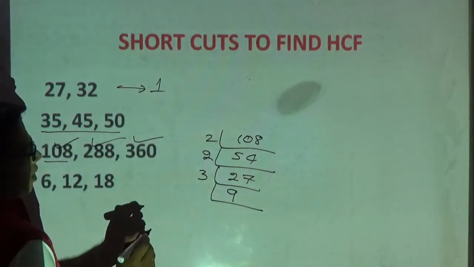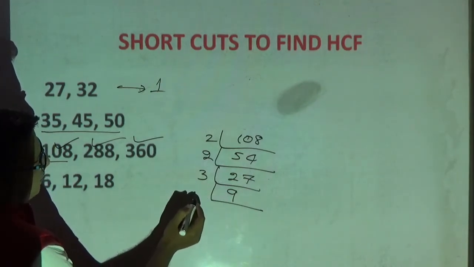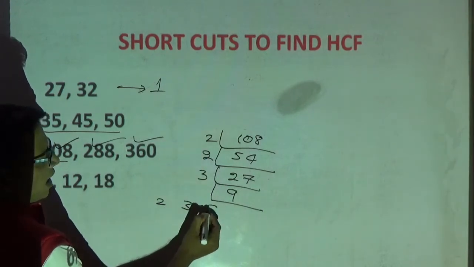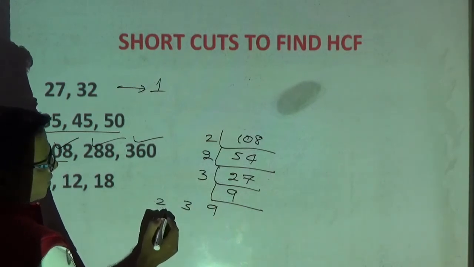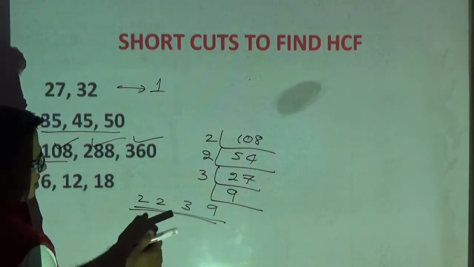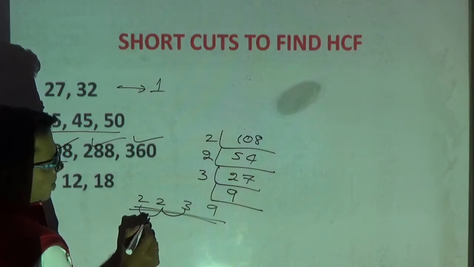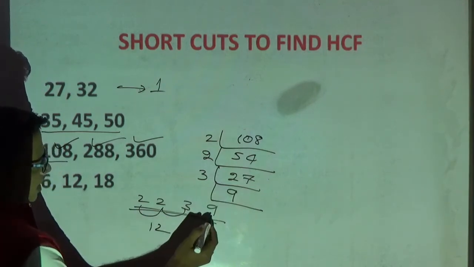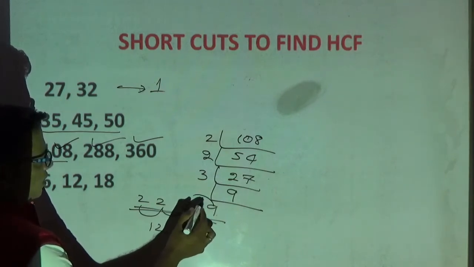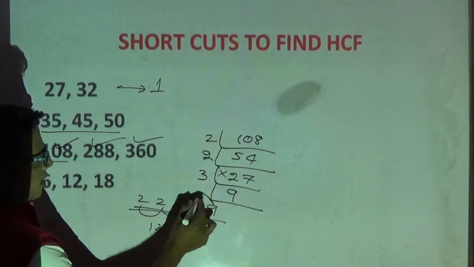Okay, now see here. From which numbers can I divide? I can divide this by 2. Okay, from 3 and 9. Okay, so now what are the factors I got? 2, 2, 3, 9. So 3 2s are 6, 6 2s are 12. Okay, now from 12 I can divide. Then 9 3s are 27. 27, I already told you, these three numbers are not divisible. Therefore skip this 3. 9 2s is 18.